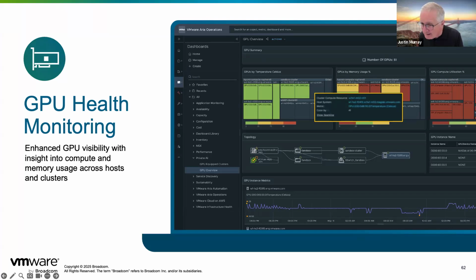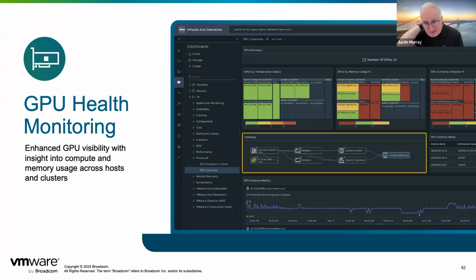And I can see on the right-hand side for each physical GPU, which kind of GPU it is and how utilized it is. And I can compare utilization against power consumption, for example, if I wanted to see how efficiently I'm running my AI workload from a power perspective. So that's the topology for any one GPU.